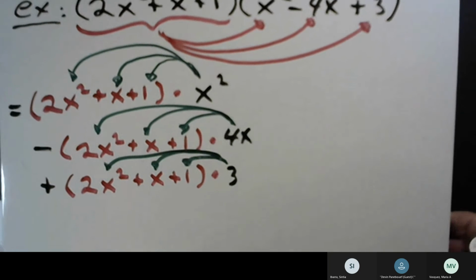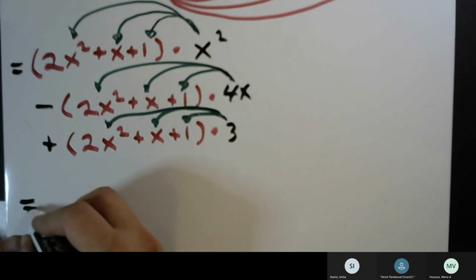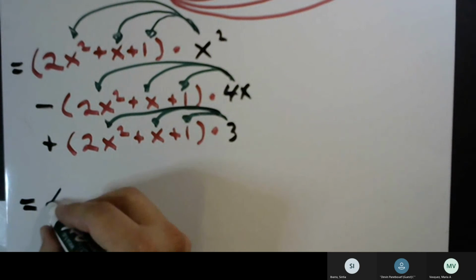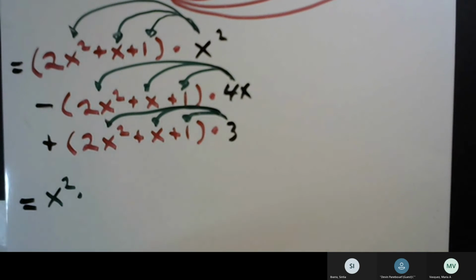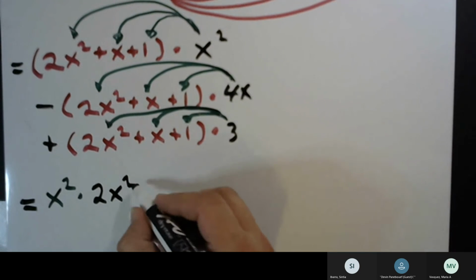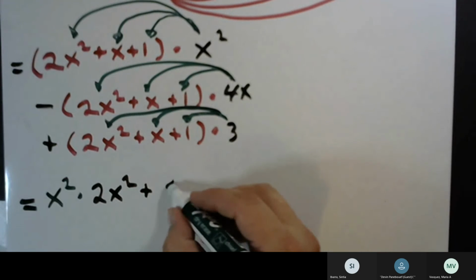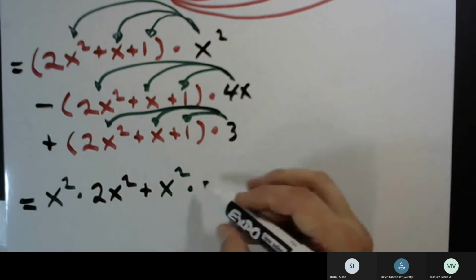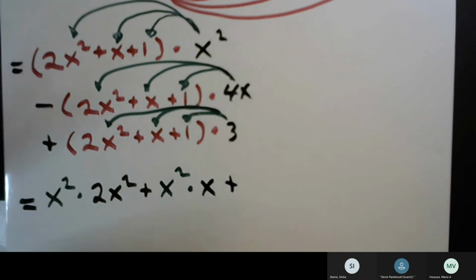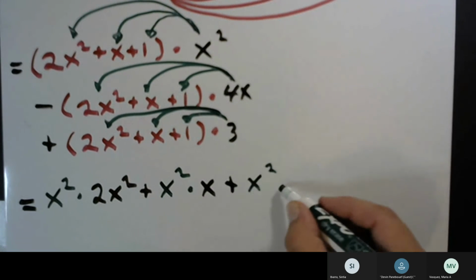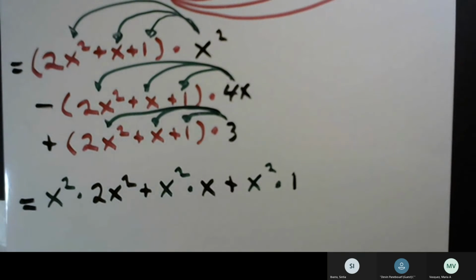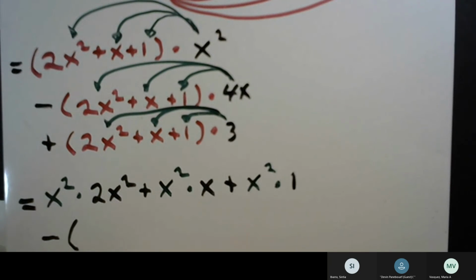And so when we do that, we get x squared times 2x squared plus x squared times x plus x squared times 1, minus, we'll keep these parentheses, ooh, getting cats mixed up, 2x squared, 4x